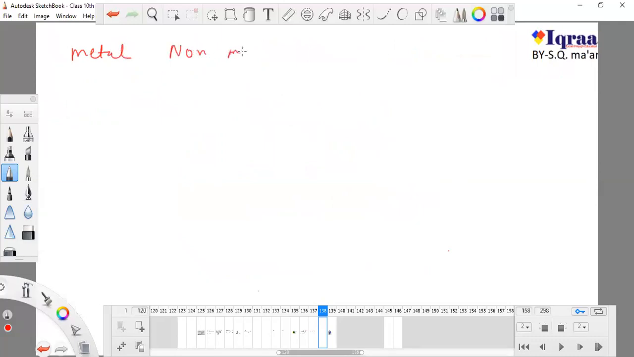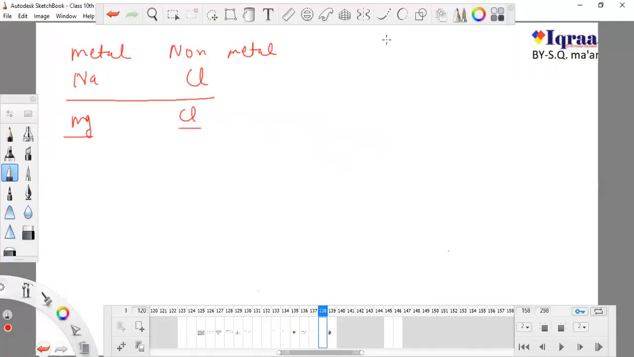We studied this: one metal part, Na, and one non-metal part, Cl. So it is NaCl. It can also produce MgCl, that is magnesium chloride. And another type of salt we learned, that is